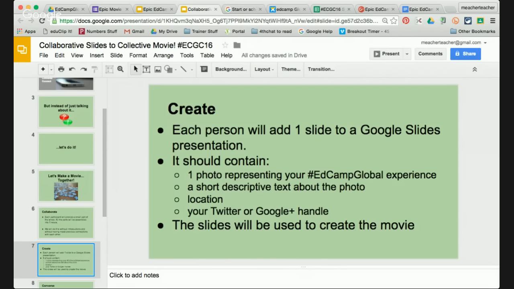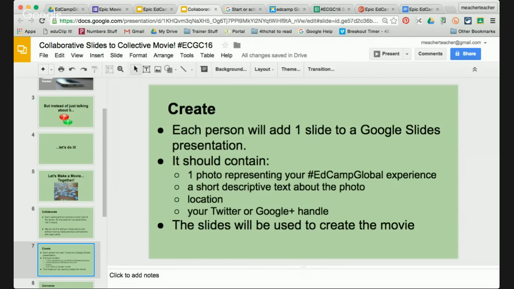If you are participating with your class, you have a choice. You can take a picture of the whole class and make one slide with one location and your shared participation. Or you are also welcome to work in small groups and create a few, to work in pairs, or even each do this individually. So it's open to as many people who want to participate, and you can participate in whatever works best for your group.